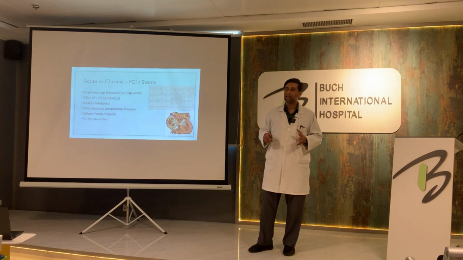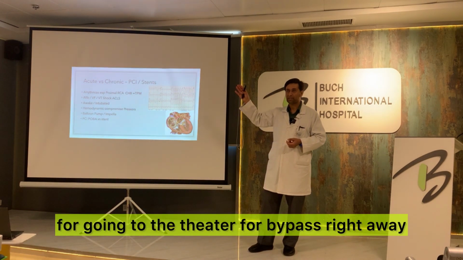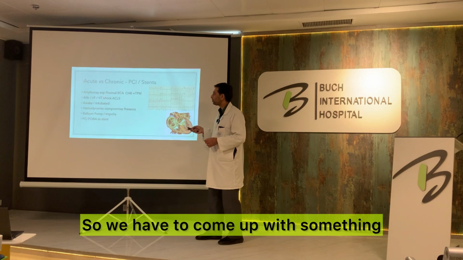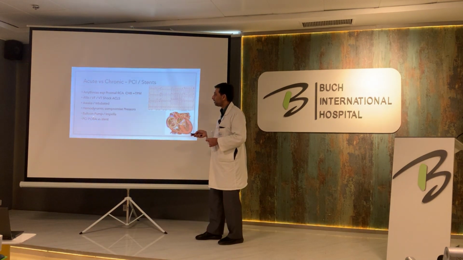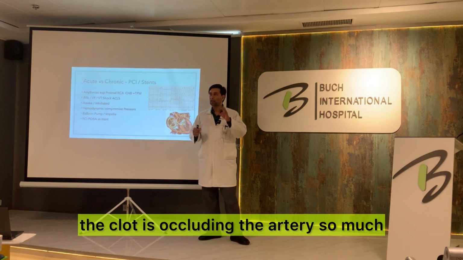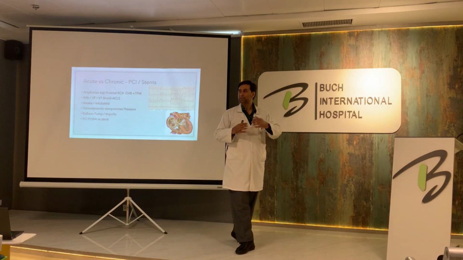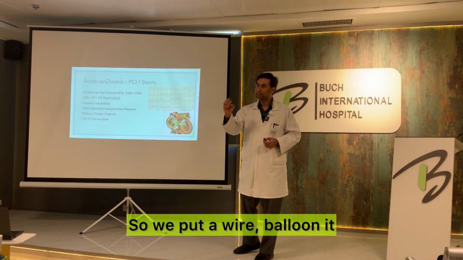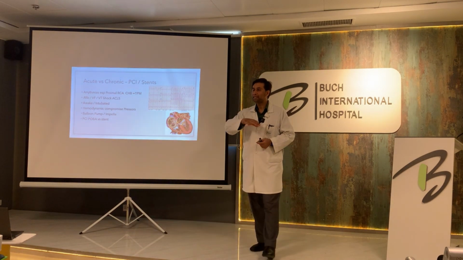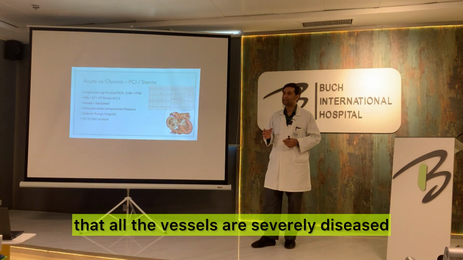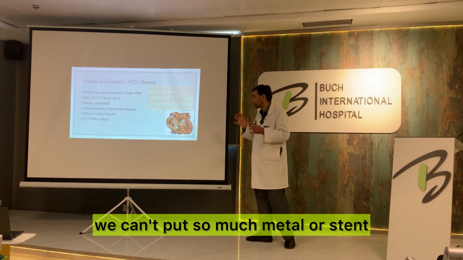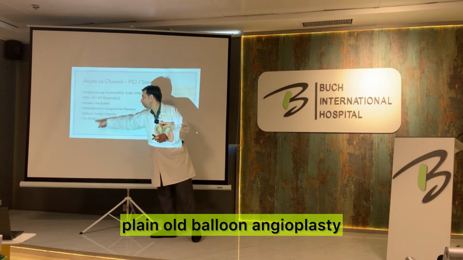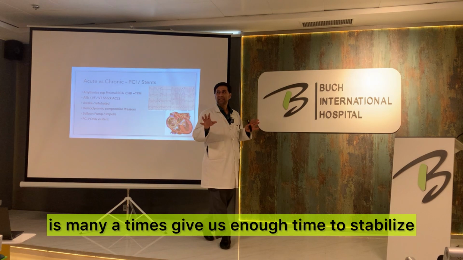And like I said, unfortunately, most of these patients are not good candidates for going to the theater for bypass right away. Their mortality is high, their outcomes are worse, so we have to come up with something, like putting in a balloon pump. Sometimes the clot is occluding the artery so much that you don't know what is beyond that clot. So we put a wire, balloon it, and once we see that all the vessels are severely diseased, we can't put so much metal or stent. So just doing a POBA, plain old balloon